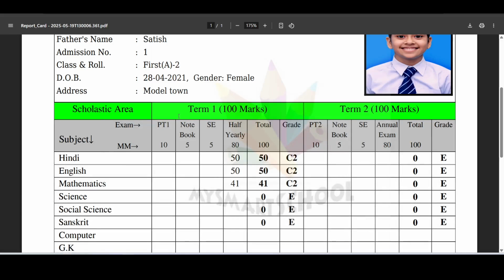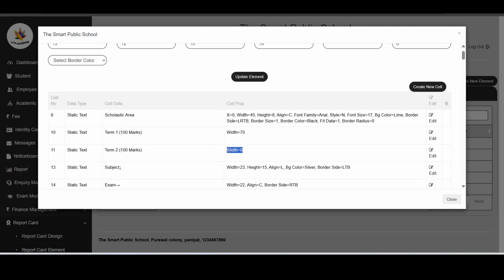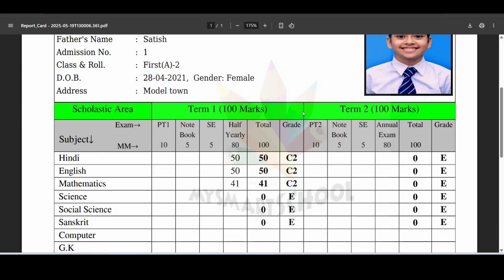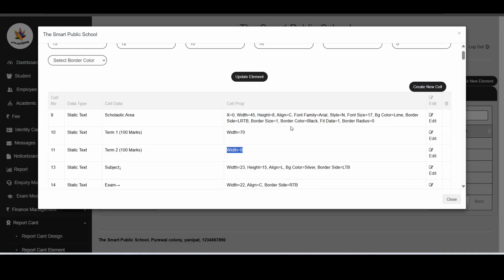So the whole cell width is 70. And then in the last we have given width 0. 0 means it will take up to the end of the line. So whatever the situation may be, if we don't know where it will go, just put 0, it will go up to the end of the line.